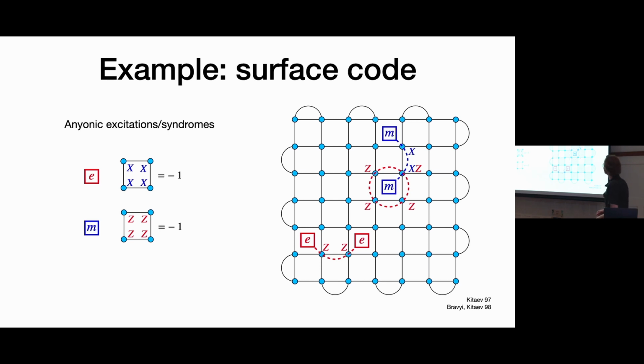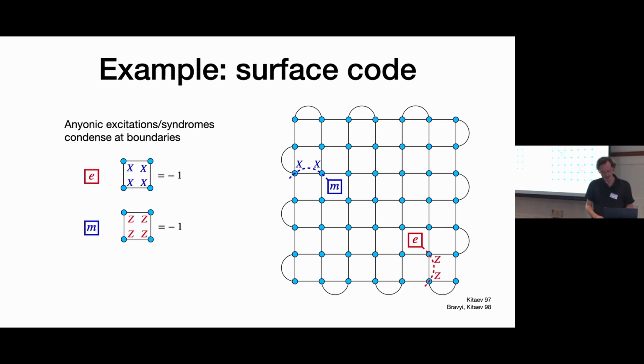Another thing you can do with these that's going to be important in this talk is that you can move these string operators around each other. So what happens if there's a single M syndrome sitting somewhere? You can take the string of the other kind of error and wrap it around in a closed loop, and you'll find that that's actually just measuring a stabilizer. And what it sees is that this stabilizer has been flipped. And this is often interpreted as some braiding of this string operator with the other string operator, but more about that in a minute.